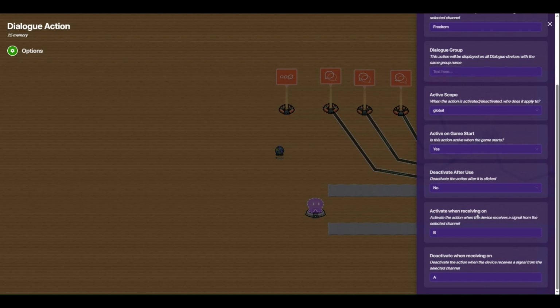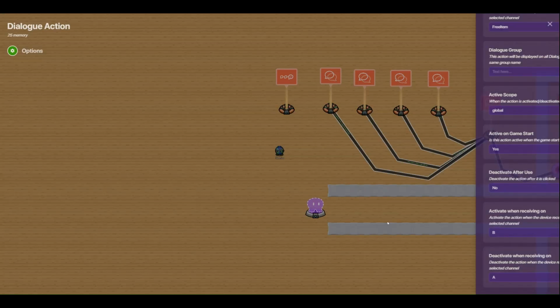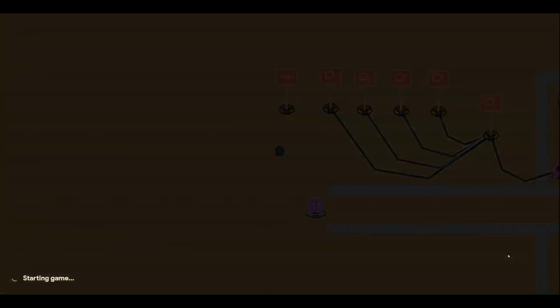And then activate when receiving and deactivate when receiving are nice too, because you can make the button only available if the player has done something else in the game. So just to kind of demonstrate that,